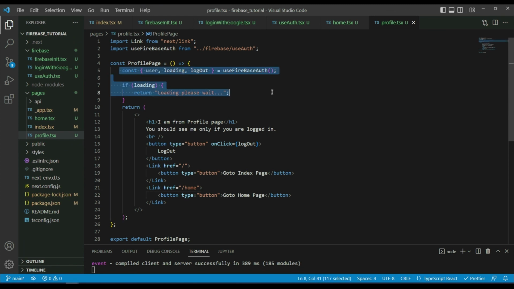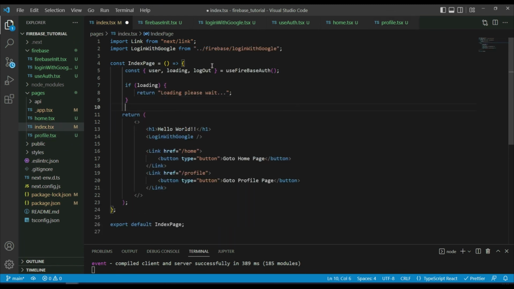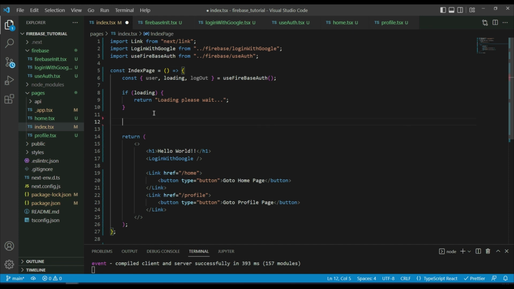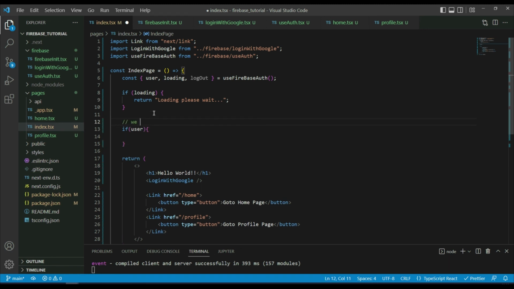How do we do that? Super simple. I'm going to copy this. Go back to index page. Paste it here. And of course, we need to import this. So let's do that, like that. And here we're going to say, if it's loading, then we're going to say, please wait. And if loading is done, and if there is a user, so basically we are logged in,